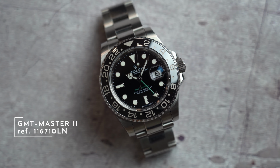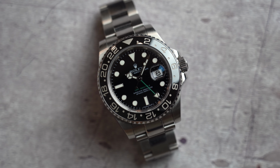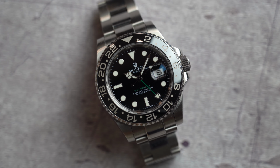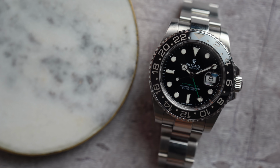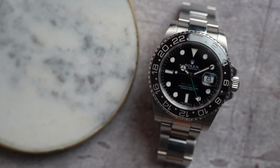The Rolex GMT-Master II 116710LN is one of the early examples of the 6-digit GMT-Master II released in 2007. It was actually the third example to be exact. Prior to that, the first 6-digit GMT-Master II was the